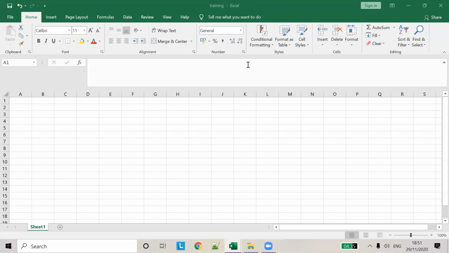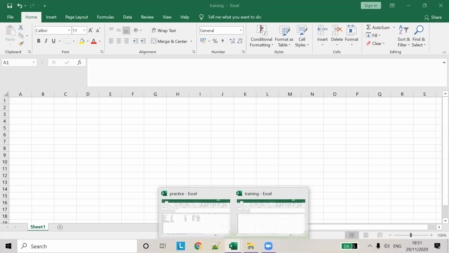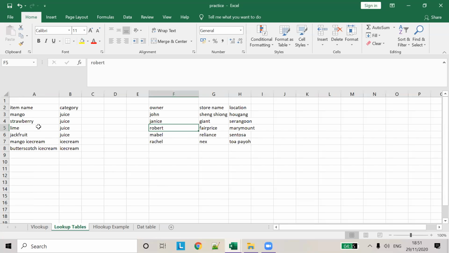In this class we are going to talk about VLOOKUP and HLOOKUP. VLOOKUP is how you look for data in a table of arrays. Based on the row number, you'll be able to fetch some data in a particular data set. For example,